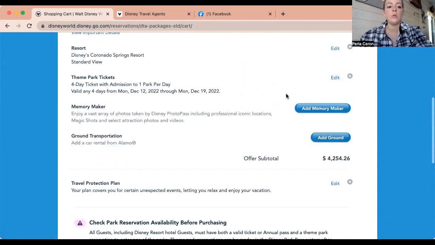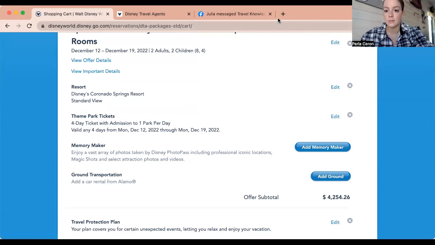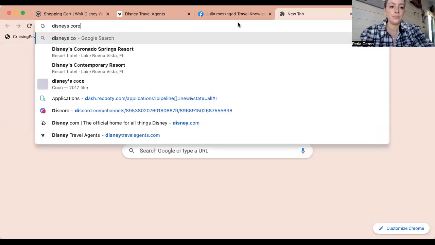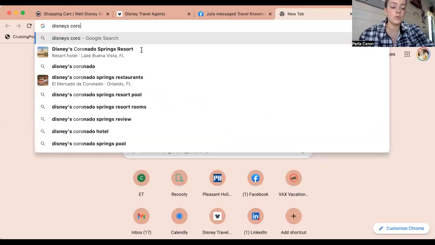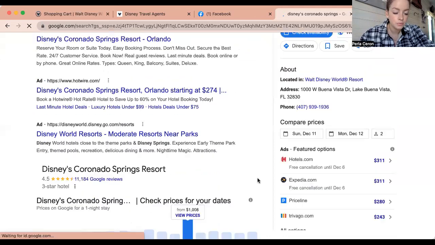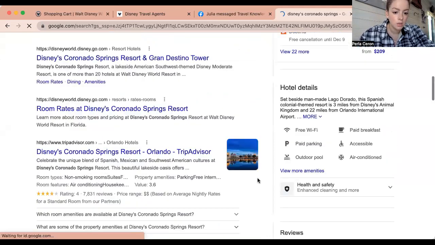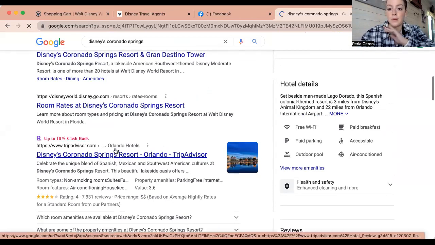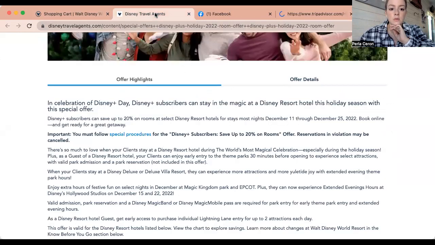So we're going to pull up the name of the resort in a separate tab. I usually like to use TripAdvisor for their pictures. So we're going to go here to TripAdvisor. I'm just going to have it pulled up in the background. And that's it. I'm going to leave this up too, because these are the offer details for the Disney